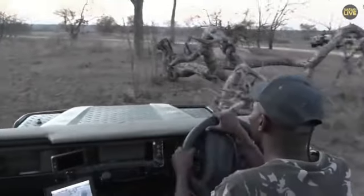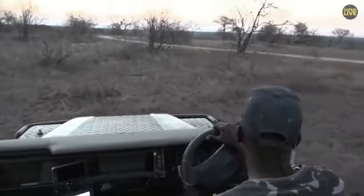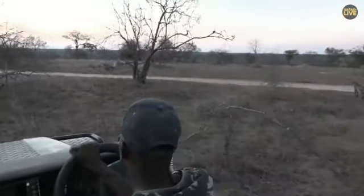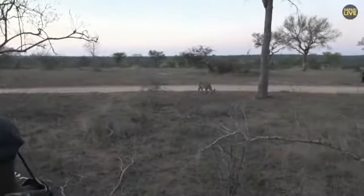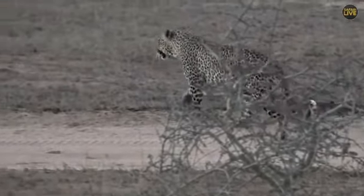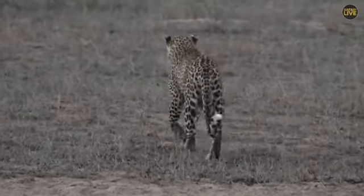So this is a lovely sighting. Unexpectedly, we found a cat here. So you can see that this cat is also marking the territory. So look at that. This is quite a lovely cat, but I want to see the face so that you can easily help me